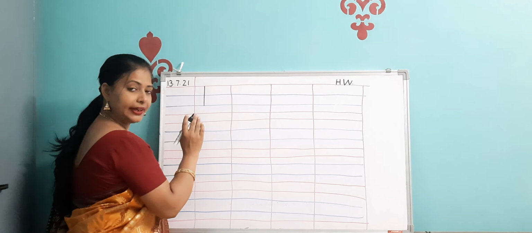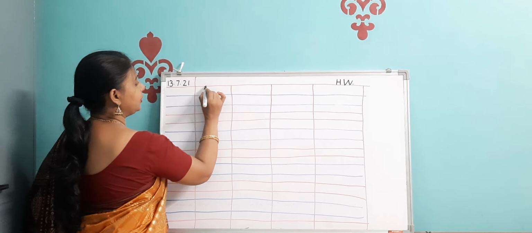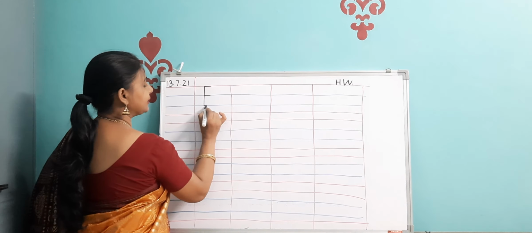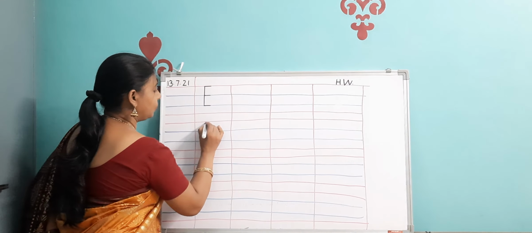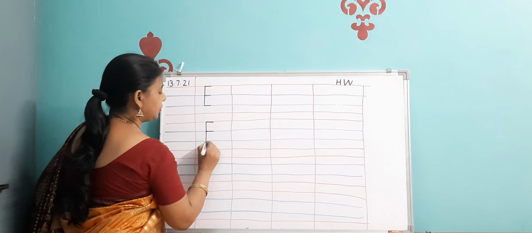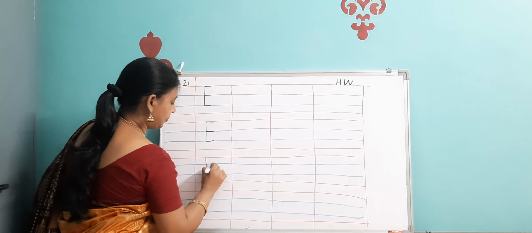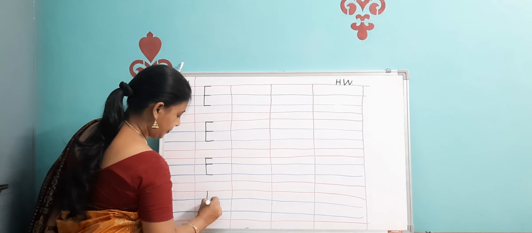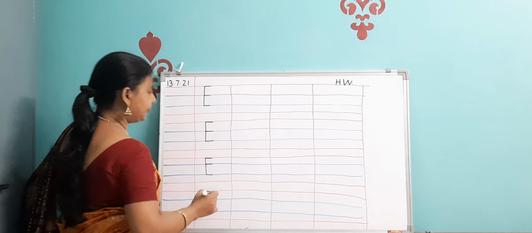So this is alphabet E. In this also we use standing line and sleeping line. So from the first line till the third line you will draw this standing line, then a sleeping line on the first line, a sleeping line on the second line, and a sleeping line on the third line. Once again, watch. This is E. E for envelope, E for elephant. Okay, this is alphabet E. You have to write on the lines like this. Okay, make the sleeping line like this.